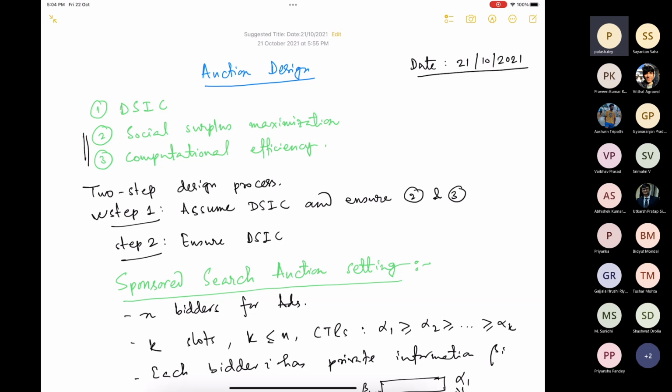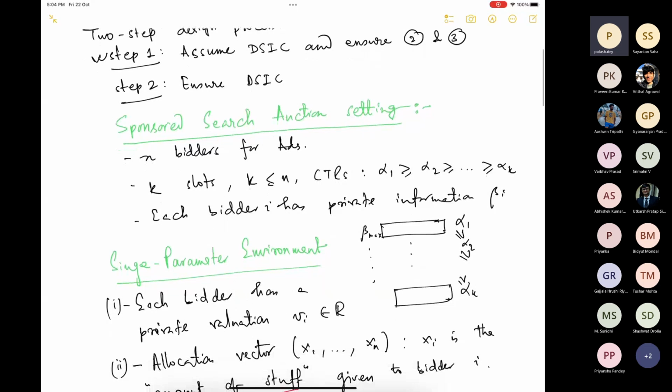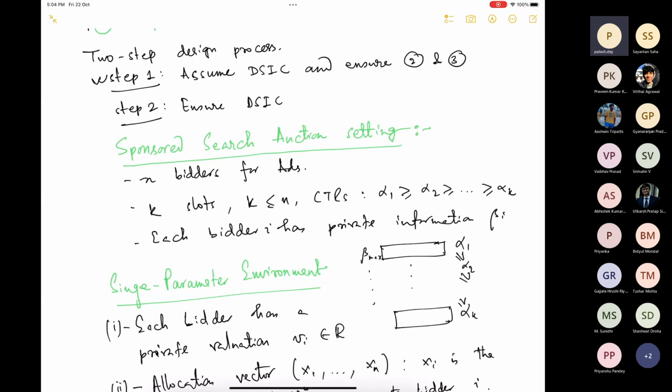Then the second step is ensuring dominant strategy incentive compatibility. And we saw in the sponsored search auction setting how we can come up with an allocation rule which is social surplus maximizing and computationally efficient. Typically this step is easy. Now to ensure dominant strategy incentive compatibility,